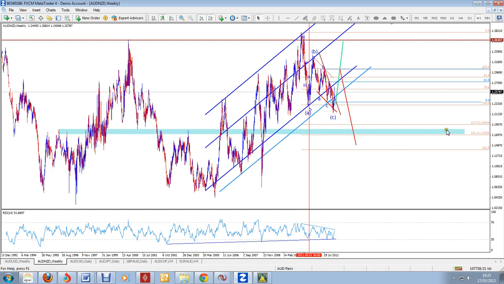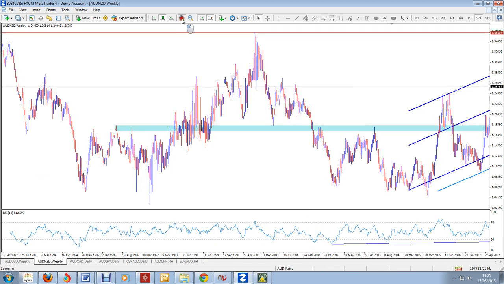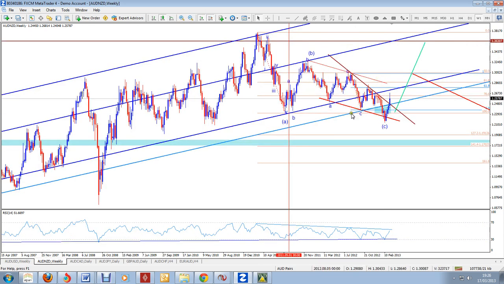So it's almost unpredictable in that sense. Either we are on our way to retracing much deeper back to this level that I outlined some while back, or we will go back up toward the top end, and then it will be complete.